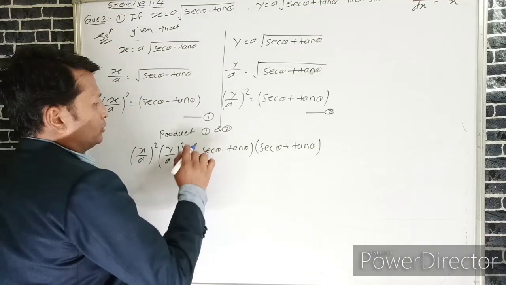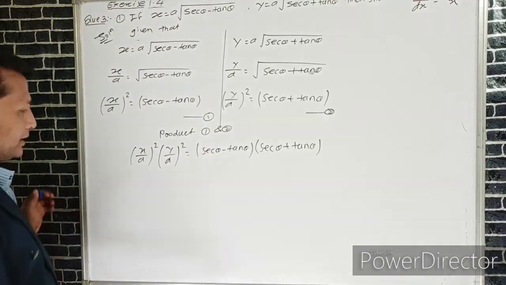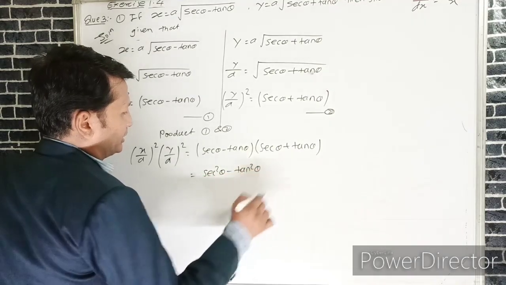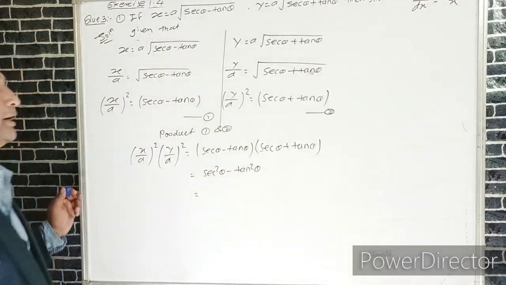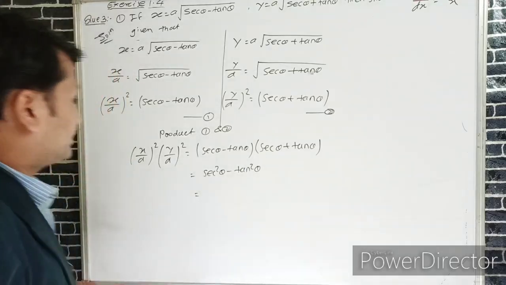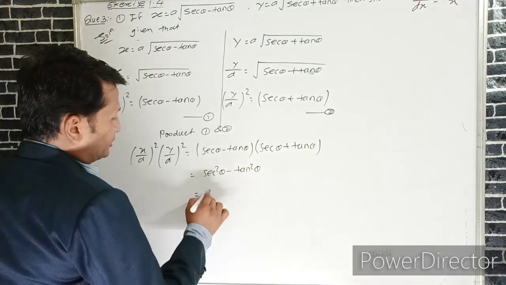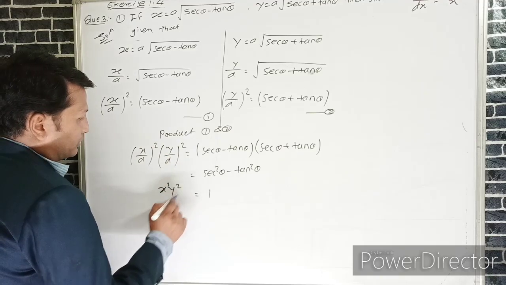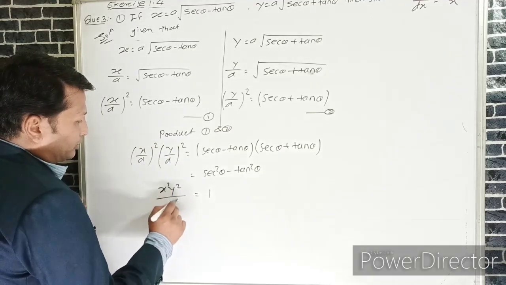By using the rule of (a minus b)(a plus b), we can write sec square theta minus tan square theta, which is the identity in trigonometric functions. We can write sec square theta minus tan square theta is 1. Here, x square into y square